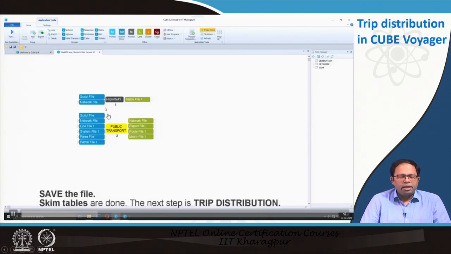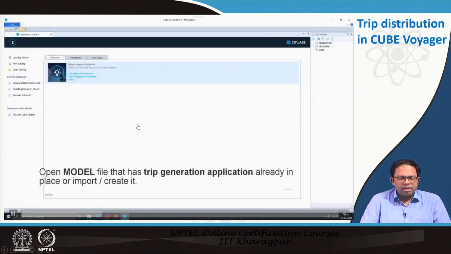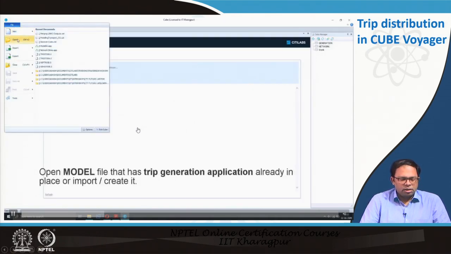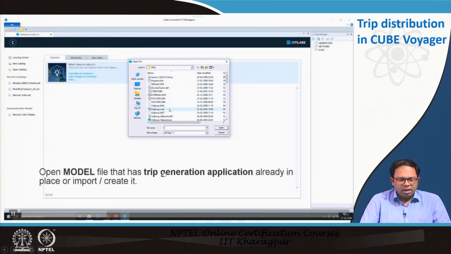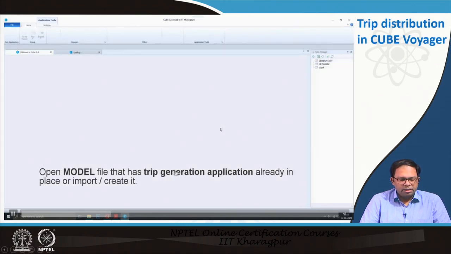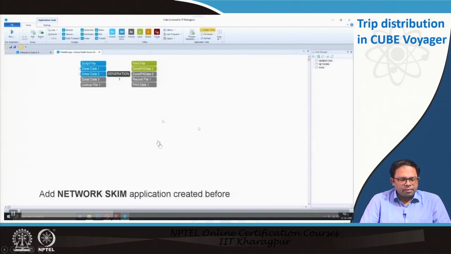Then we execute that, and when we execute this, this is filled. So now we have the different matrices having the different costs. Then we start the trip distribution application. So this is not generation, this would be distribution. So we start with generation, and then we move on to include the network scheme.